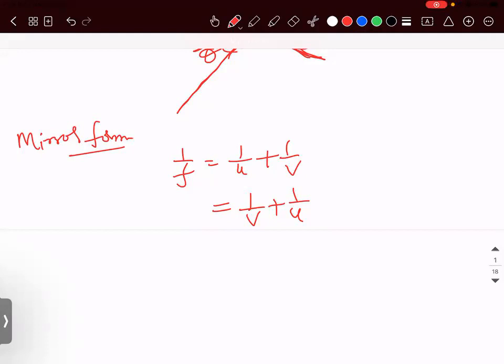Both are same. Which is right? Both are same now. How, Hari? One is 1 by u plus 1 by v. Other is 1 by v plus 1 by u. How both will be same? First one, sir. 1 by u plus